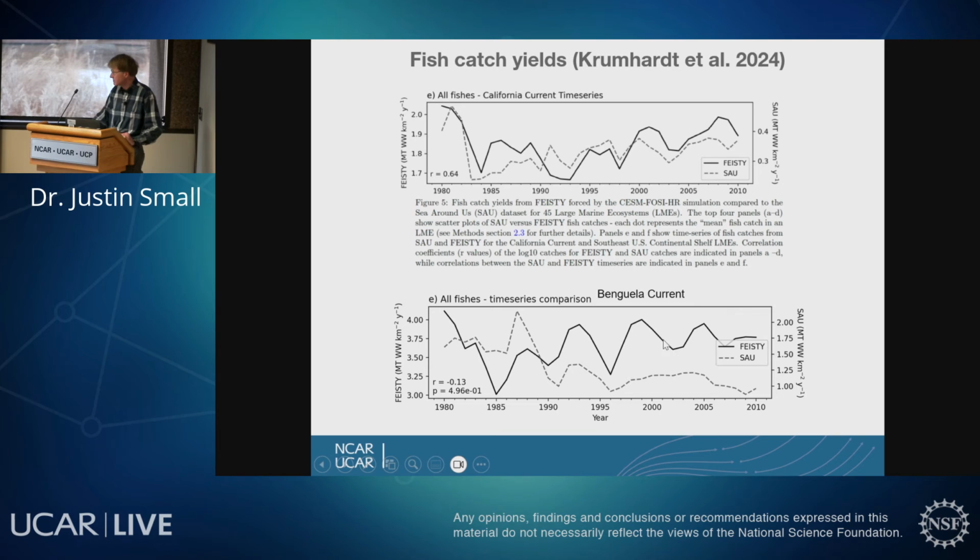For the Benguela Current, the variability is not well captured, and the amount is also off, but maybe less so than in California. The absolute amount may be more like half, a factor of 2 difference. Here is a factor of 5 or something. But these are brand new results. In fact, I received this result yesterday. And these are, I think, novel in a global context, at a 10th degree. And these are challenging things to estimate from the real world and from the model.